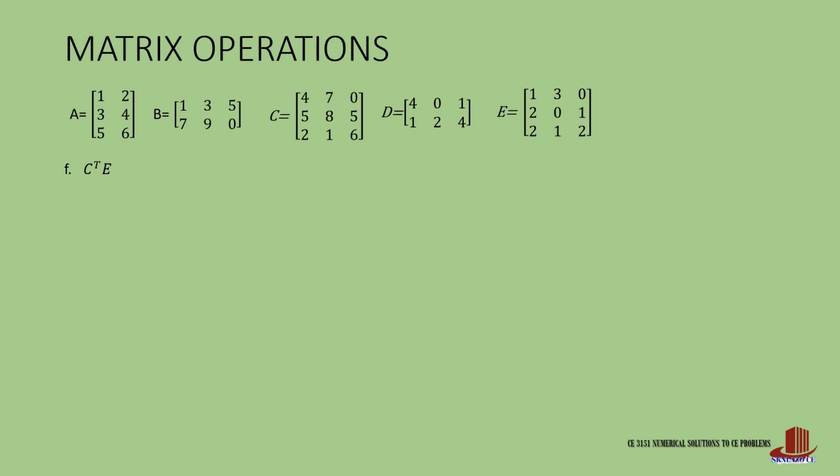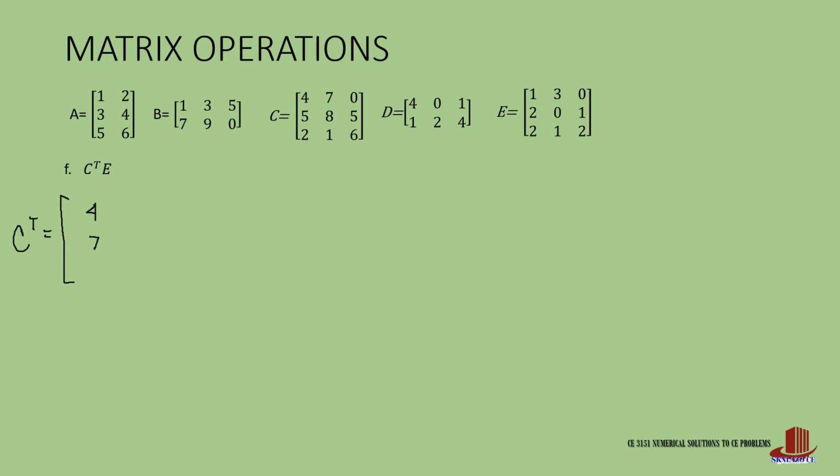Now, how about requirement F? It's asking us to multiply matrix C and E, but take note that C would have to be taken as the transpose matrix. How do we do the transpose matrix? Transposing our elements within a matrix would only mean that those rows would have to be formed into your columns. For matrix C, its transpose would then be taken as